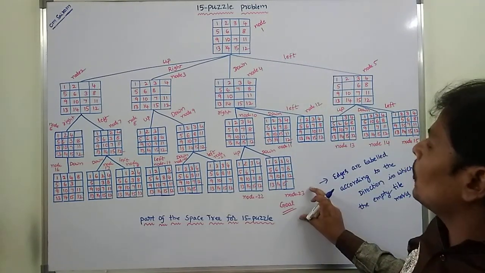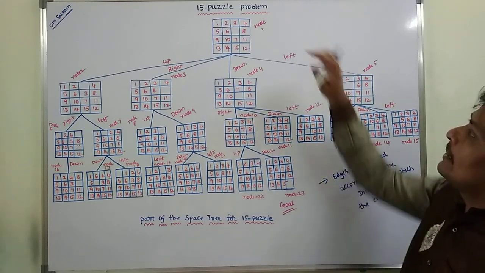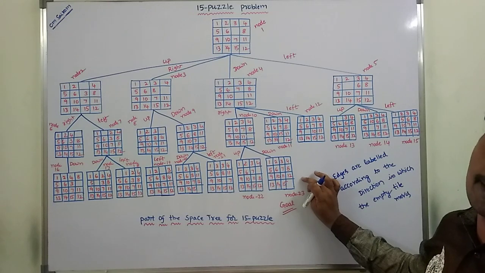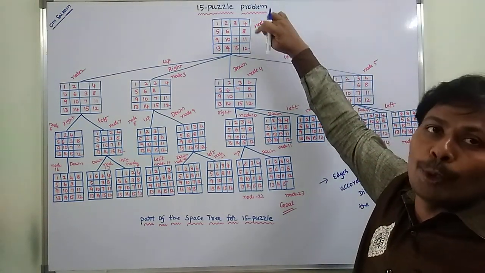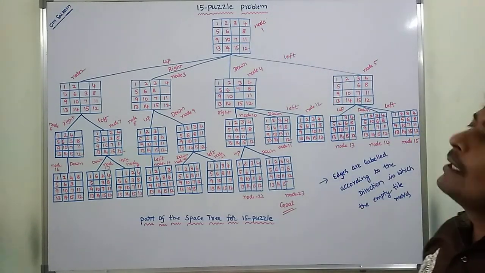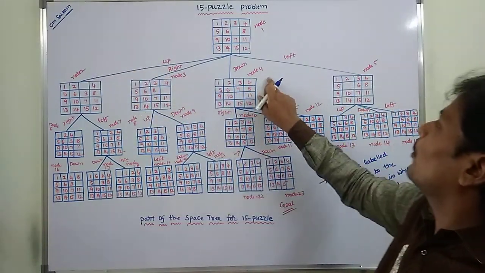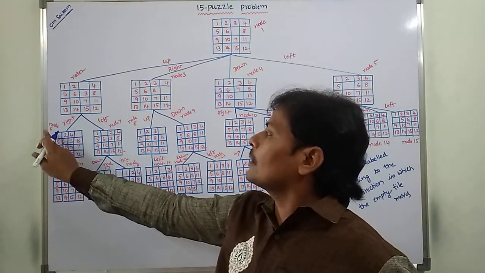And final node 23 is the goal assignment. Okay, this is the initial assignment, this is the goal assignment. The initial assignment can be denoted by node 1, this is the root node, and its children are node 2, node 3, node 4, node 5, and node 2's children are node 6,